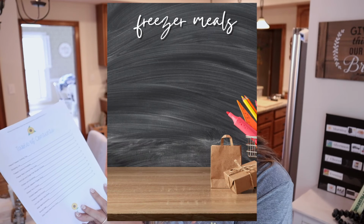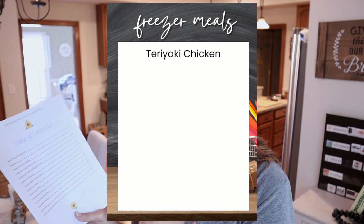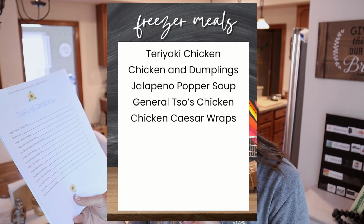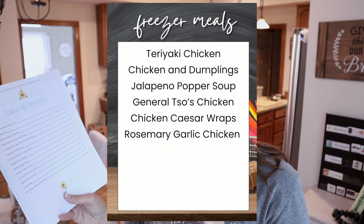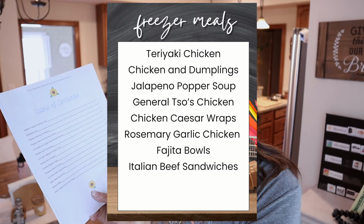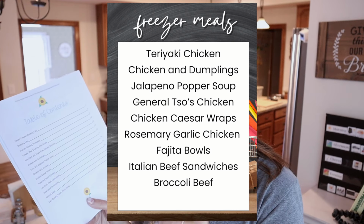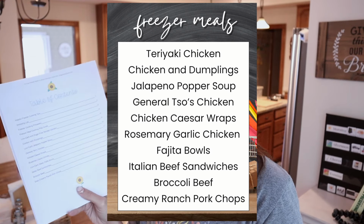So on our list here today is going to be teriyaki chicken, chicken and dumplings, jalapeno popper soup, General Tso's chicken, chicken Caesar wraps, rosemary garlic chicken, steak fajita bowls, which I haven't quite decided. I'm going to see how much chicken I have left. I might sub in chicken and make chicken fajita bowls, but some type of fajita bowls, whether they're steak or chicken, we'll see. Italian beef sandwiches, broccoli beef that I'm thinking I could serve over rice, and then lastly, easy creamy ranch pork chops. 10 freezer meals that I'm going to try to do in about the next 2 hours,